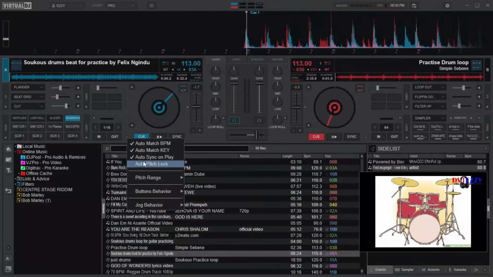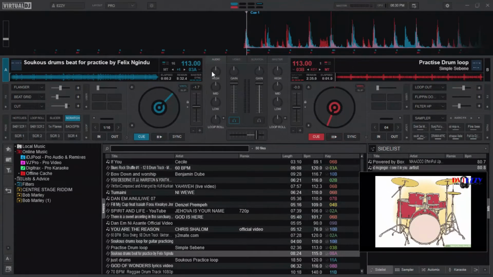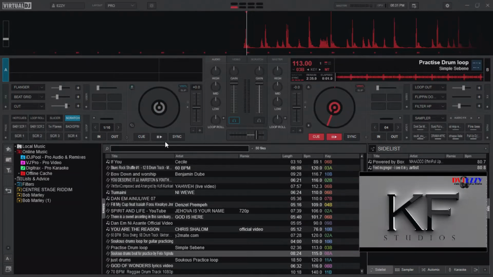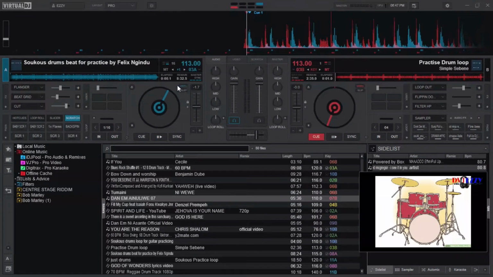So when you select something from here, it will appear right here, and that is a way of selecting your tools, the ones that you like using. If you need a cleaner kind of interface, you remove them all. If you never use them, remove them. This is the eject button. You unload the song that you are playing. The deck remains empty. There is the vinyl.